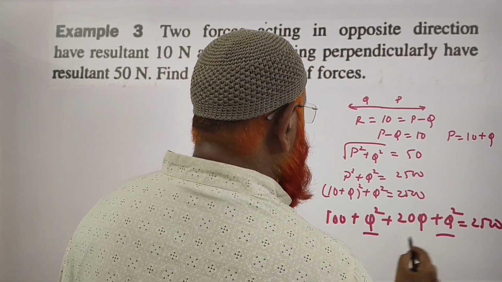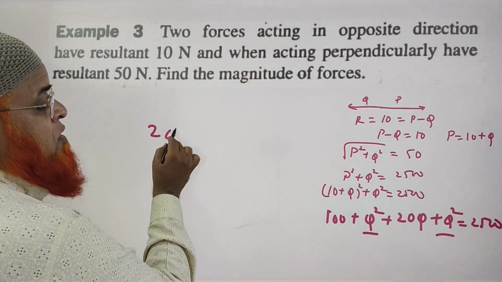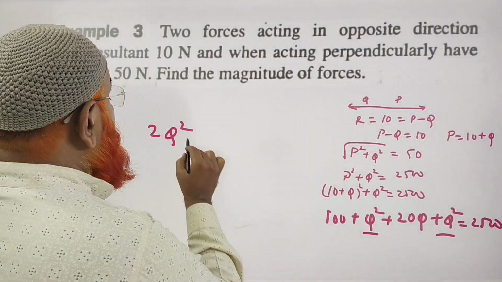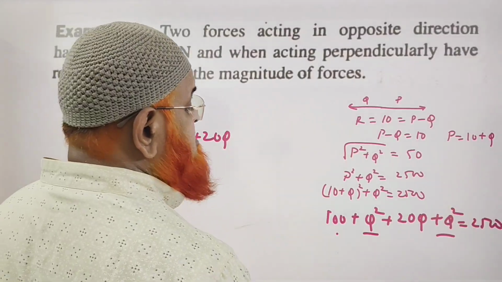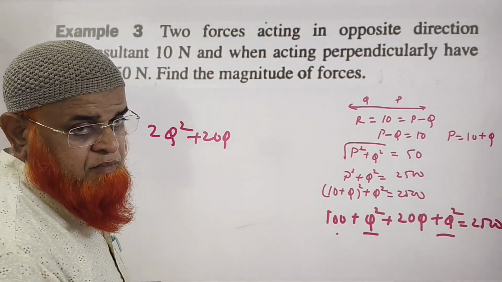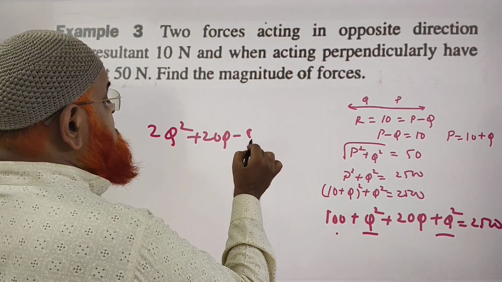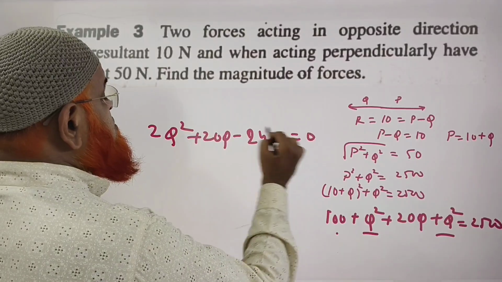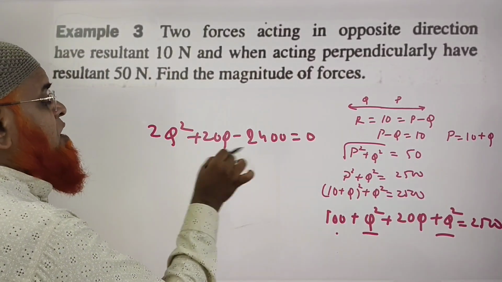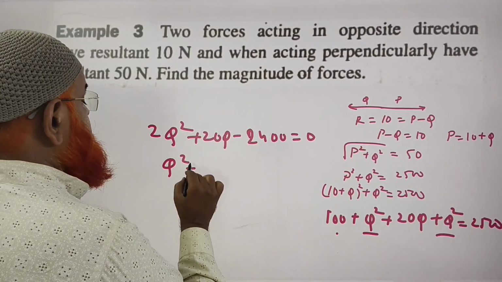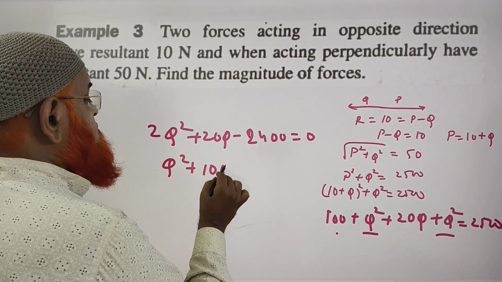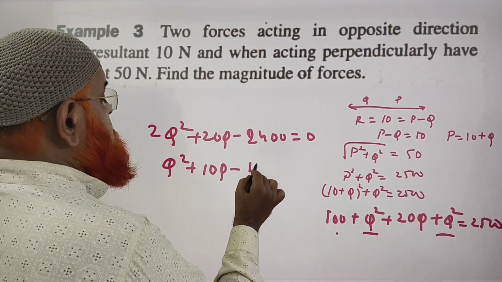So here q square becomes 2q square plus 20q, and this 100 you send to that side, becomes 2400. 2400 minus 2400 is equal to 0. So if you take 2 common out,